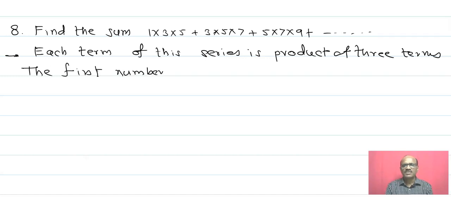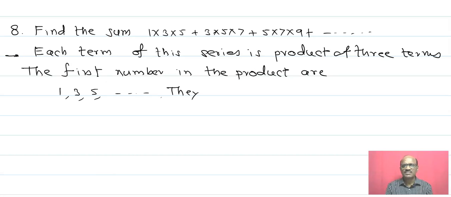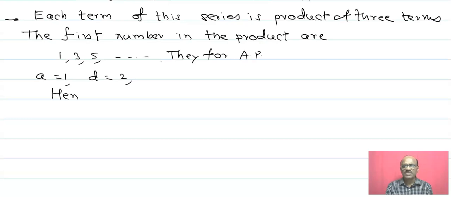The first number in the product are 1, 3, 5, and so on. They form the AP, where a is equal to 1, d is equal to 2, and therefore we can write